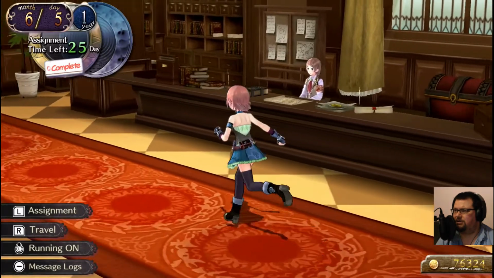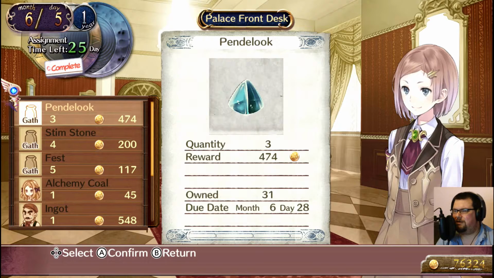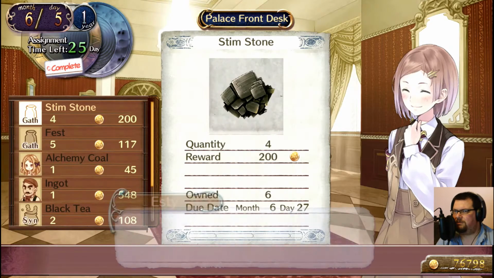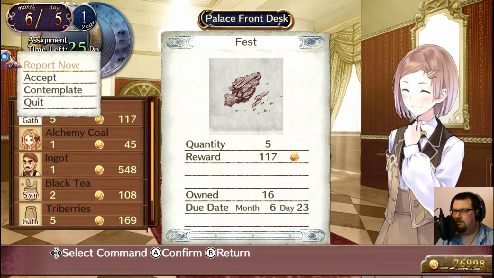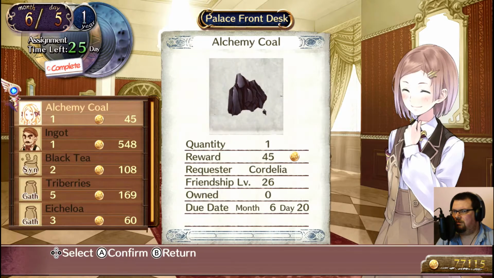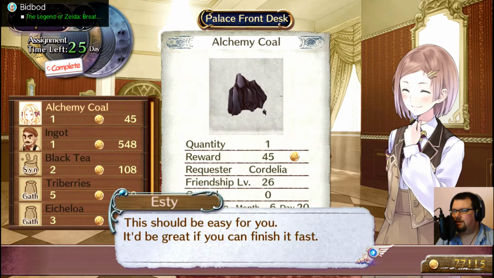Because I'm sure we've got some stuff that we can hand in. Look, I have 31 of them. You are welcome to them. There you go. Stimstones, you can have some of those as well. Fest, plenty of them. Alchemy coal. That's for Cordelia. Ingot for him. I will take those, because those are